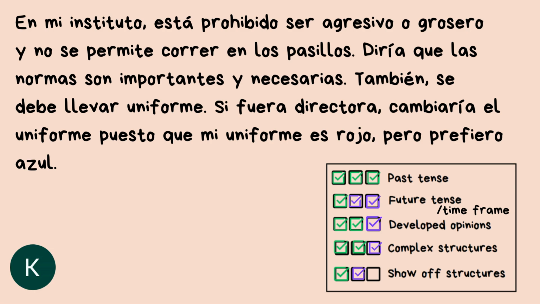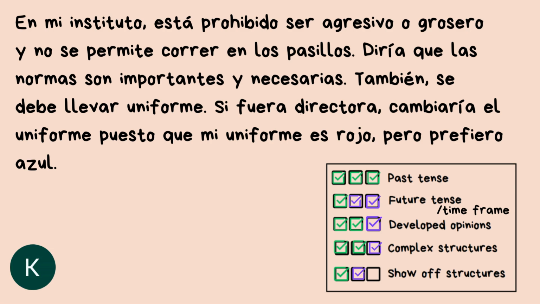Given that, puesto que mi uniforme es rojo, my uniform is red, but I prefer blue. So I've given a developed opinion there. I've also included another show-off structure. To be honest, there's quite a few show-off structures in this paragraph here, but I really like using the imperfect